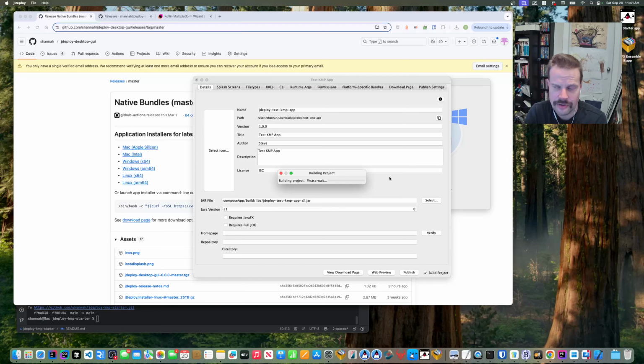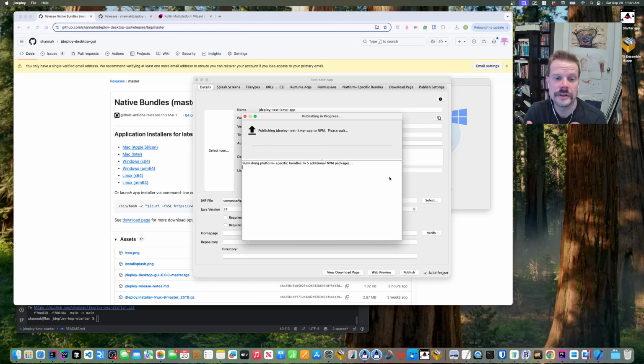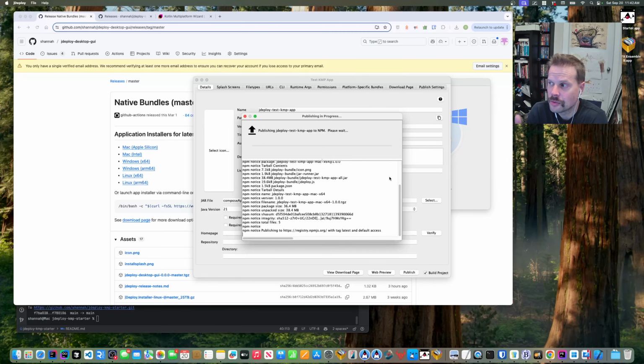So in the background here, it's doing the Gradle build, and now it is doing the publishing. This is going to take, I don't know, a minute, because one thing about Kotlin Multiplatform that was a little bit challenging, which is why I took longer to do this than, say, the JavaFX or the Swing, is that Kotlin Multiplatform bundles have a fairly large native library that has to be bundled with it. And it's got to have the native library for Mac, Windows, and Linux, ARM, x64, and that bloats the